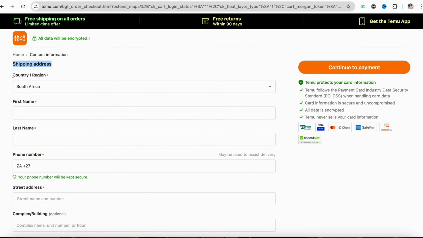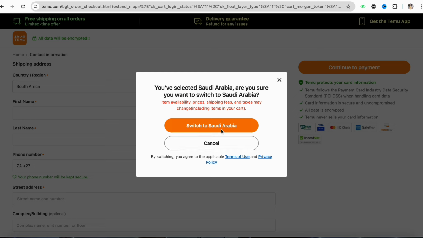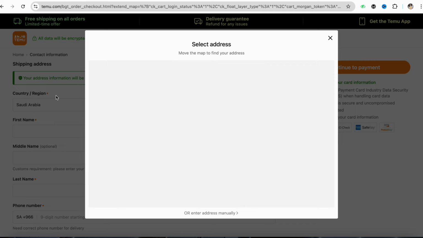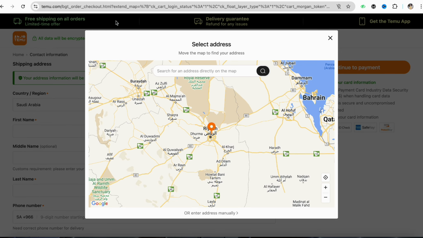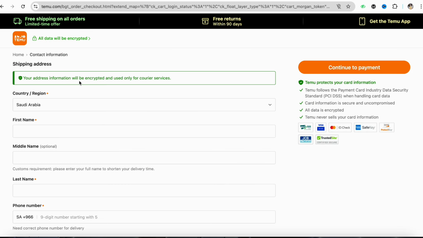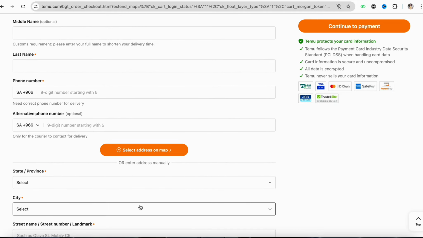For example, as you can see, in the country and region section South Africa has been selected. Just simply go down here and select Saudi Arabia. So now it is saying that if you have selected Saudi Arabia, make sure that you have switched to Saudi Arabian. Just simply select that, and over here you have to select the region in the map as well. So if you're done doing all of this, after that you need to select your permanent address of your Saudi Arabian residential. Just simply fill in the details,